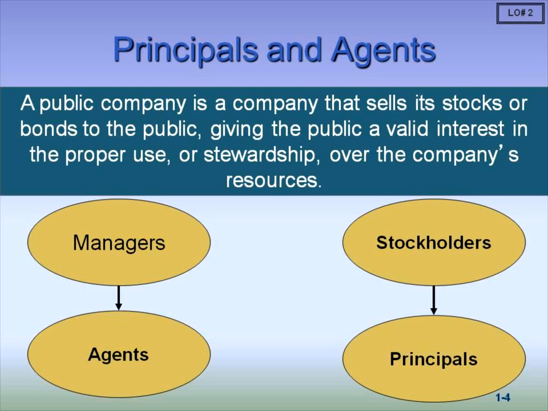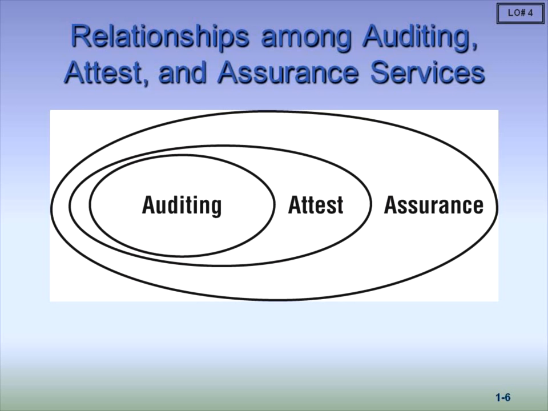Okay, auditing is a systematic process, number one, to objectively, which means that we don't have any interest in the welfare of whatever client we're auditing, obtain and evaluate the evidence regarding the assertions about the economic actions, which are all the financial transactions and events that managers report in their financials.